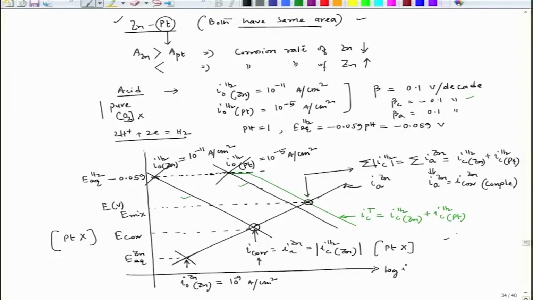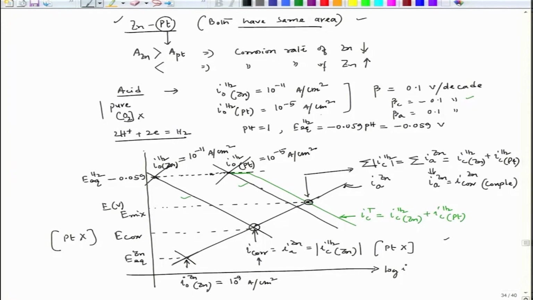So, this particular diagram explains the corrosion event taking place when exchange current density over the noble component in a galvanic couple is much higher. Exchange current density of the cathodic reaction, of course. So, let us solve this particular problem with the following data.